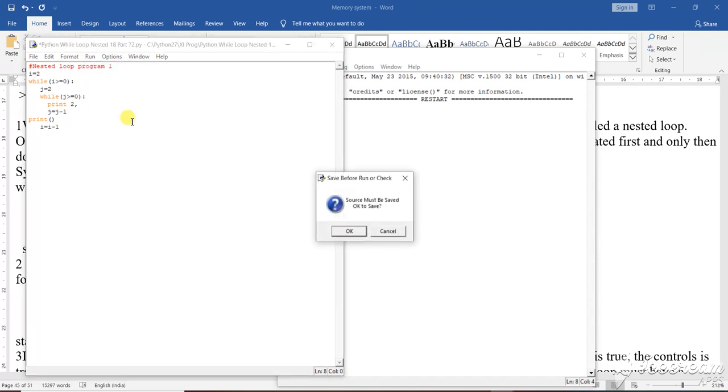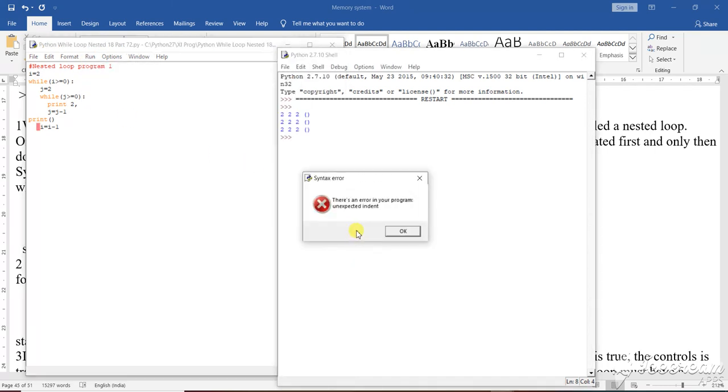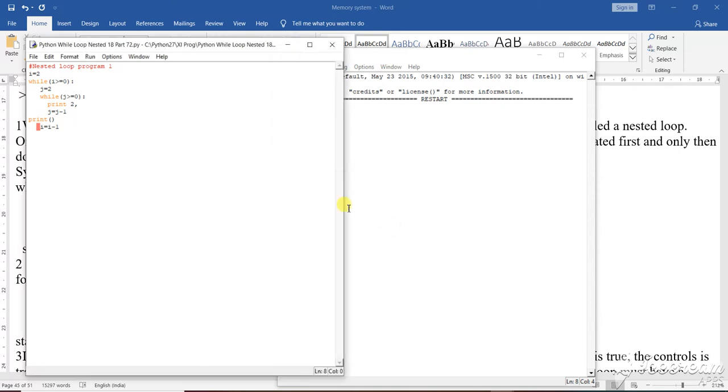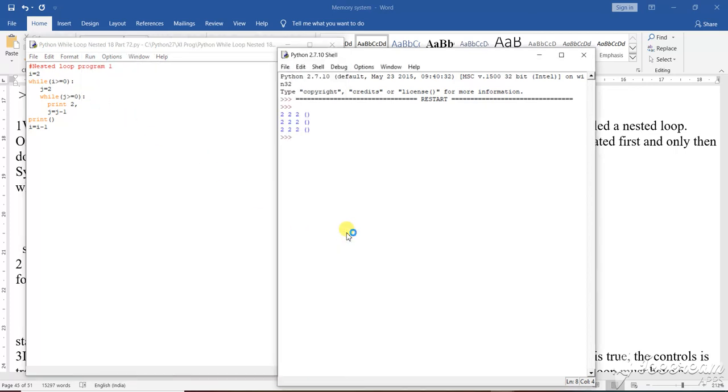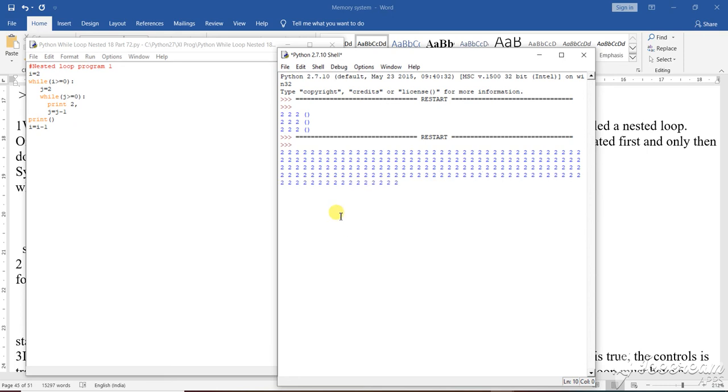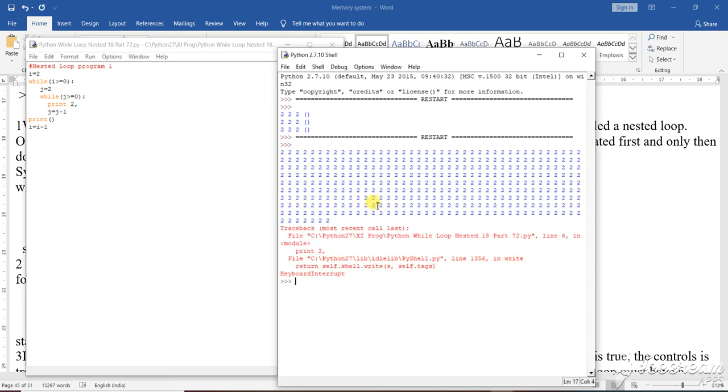Let's run the program. You have an error. That means this message is showing that there is an error. Okay, so let us fix it here, then run it. Have you seen, an infinite loop has come. So Control plus C. I have shown you earlier also, if you come under an infinite loop,